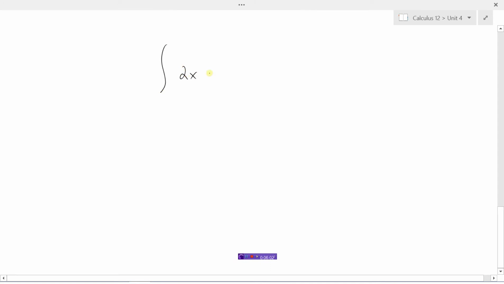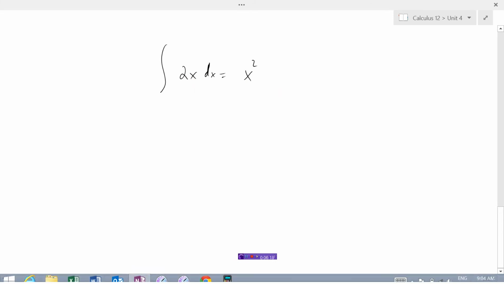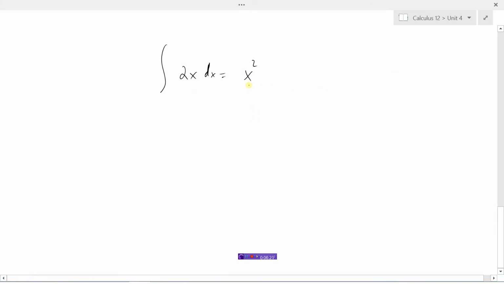So I said the integral of 2x with respect to x was x squared. And that's in some ways correct, because the derivative of x squared is 2x. But there are other functions similar to this, such that when we take the derivative, we would still get 2x. For instance, if we were asked to take the derivative of this function, this is also 2x, and the derivative of this function